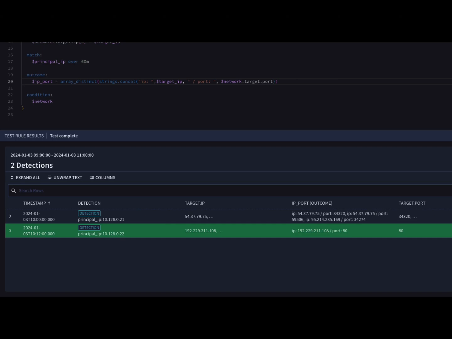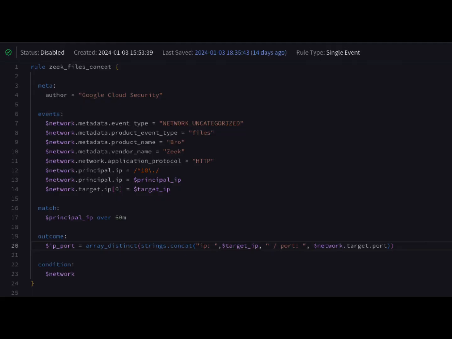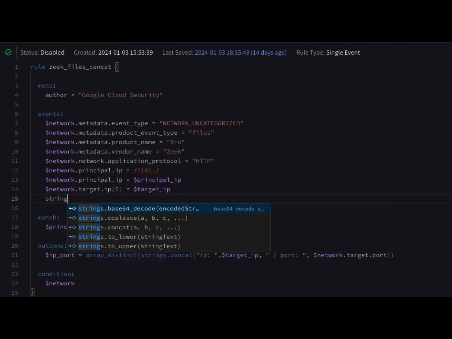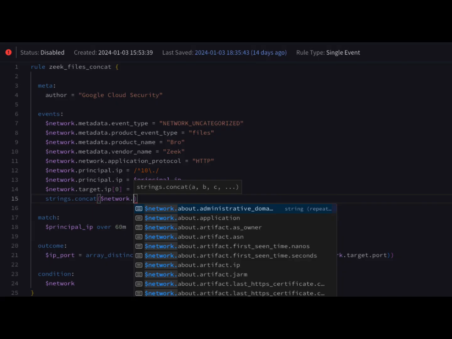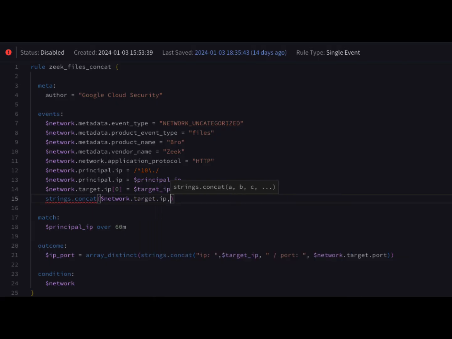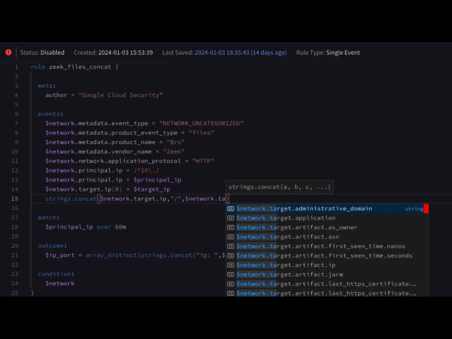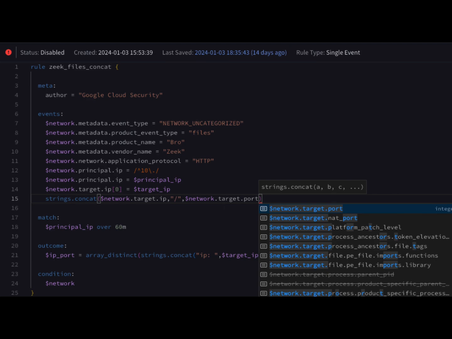Now, let's highlight an example of how strings.concat can be used in the events and match section. Rather than grouping our detection on the principal IP, we're going to aggregate our detections by the target.ip and port. To do this, we can use strings.concat in the events section and save this value to a placeholder variable. That placeholder variable can then be used as a match variable in the match section to aggregate values over a